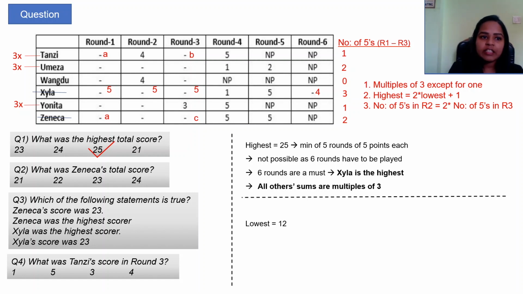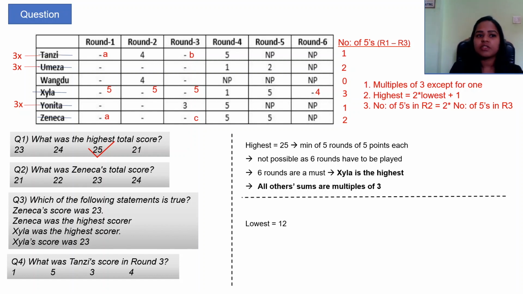Now let us look at T, U and Y, which are of same score. Let us now look at U's score, right? So that will be equal to T's and Y's score as well. So U is able to play round 4 and round 5, meaning it scored at least 2 bullseye in round 1, 2 and 3. Meaning it has already 10 points in round 1, 2 and 3 and has 3 more points in round 4 and 5 and one more round where it has at least 1 point each. So there itself we are getting a minimum of 14, right? So it's not possible for T, U or Y to be the lowest. So all those are cancelled.